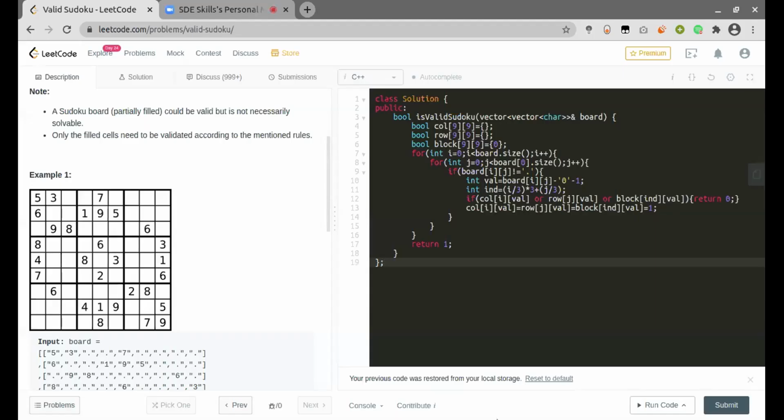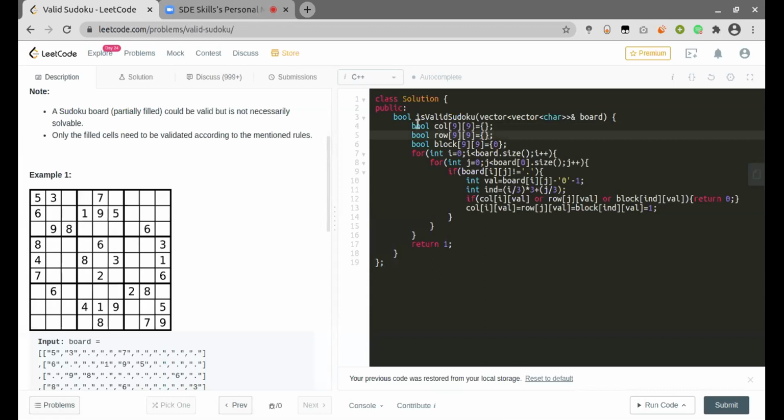So I did the same in C++. If we want to determine which block we need to find, that can be done using a simple formula. So these are the three vectors. These are the three matrices which determine, for a particular column number, whether all the values have occurred or not.